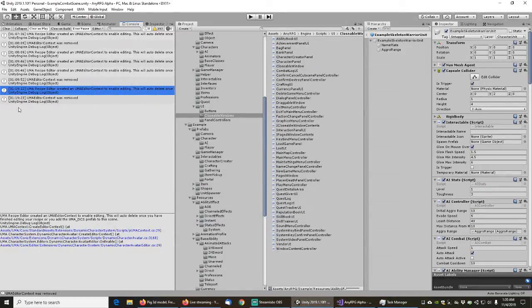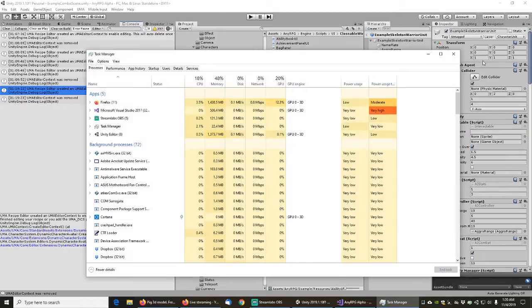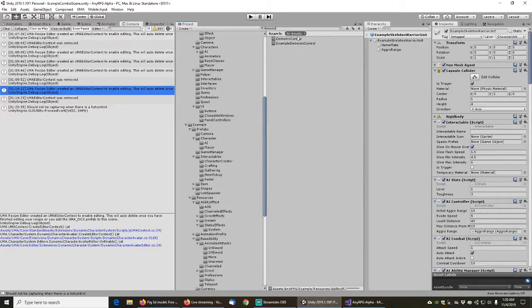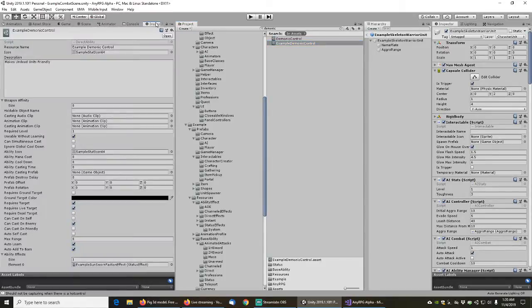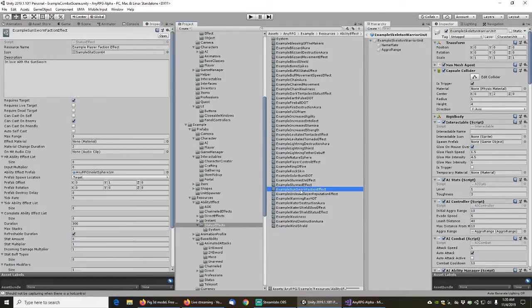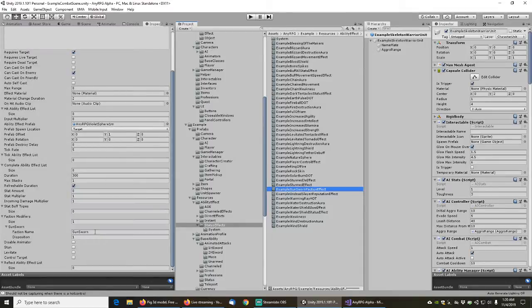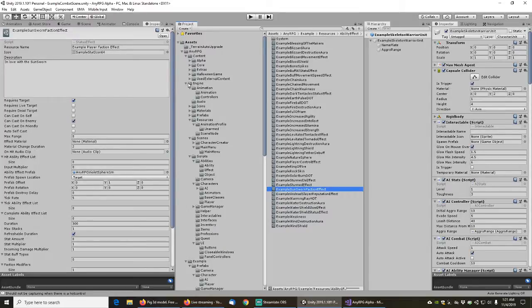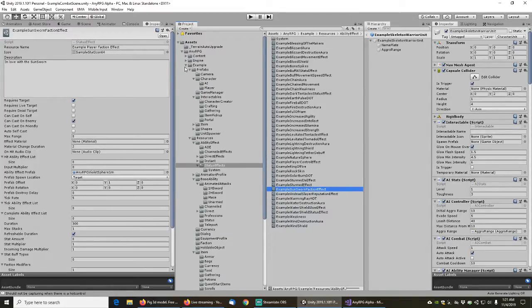So then the next thing that we need to do here is, I think demonic control was another one of these things. Example demonic control, where's my inspector? There it is. Example sun sworn faction effect. Okay, cool. Because I removed the actual faction and I'm just using the faction name now, this will theoretically no longer refer to that sun sworn icon. So